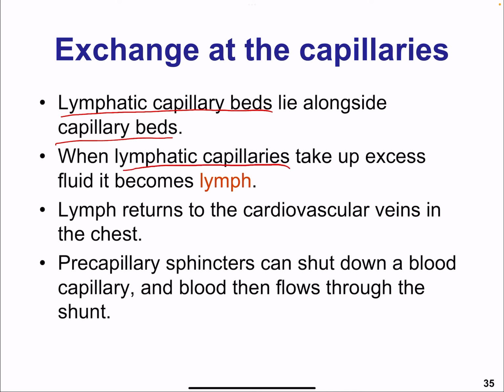The lymphatic capillaries are going to take up the excess body fluid. And at that point, that body fluid that at one time was called plasma in the blood is now called lymph. Okay? Eventually, the lymph is going to return to the cardiovascular system as plasma in the veins, specifically in the chest, right? Now, the precapillary sphincters can shut down that because of trying to regulate the blood pressure, right,